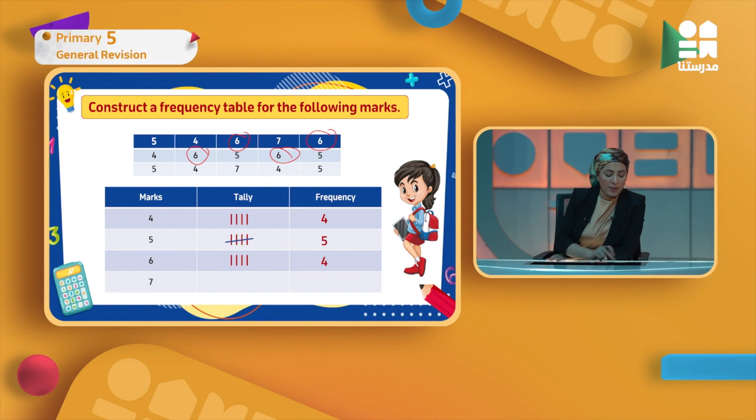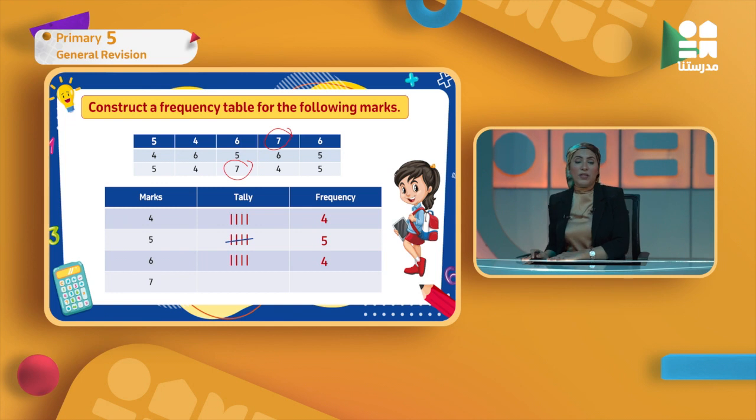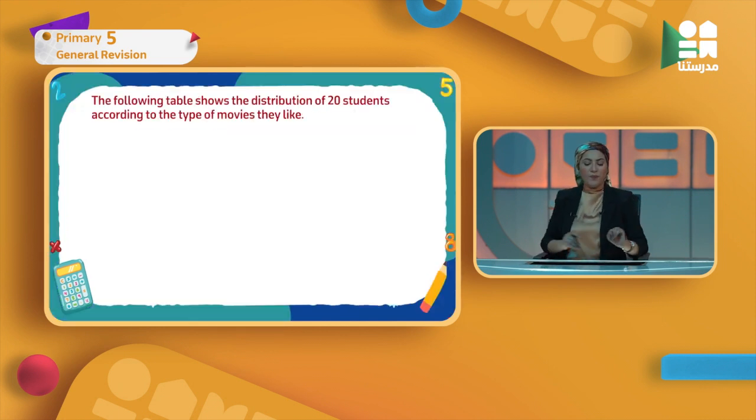Okay, now the last one, 7. How many people have got 7? I have here 1 and another one, and that's it. Only 2 people have got 7. So I draw 2 tallies, and in the frequency column they will be only the number 2. Okay, here